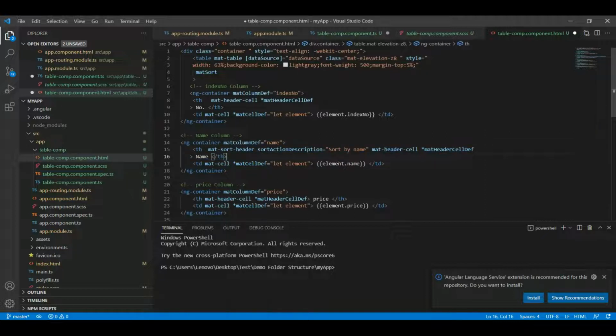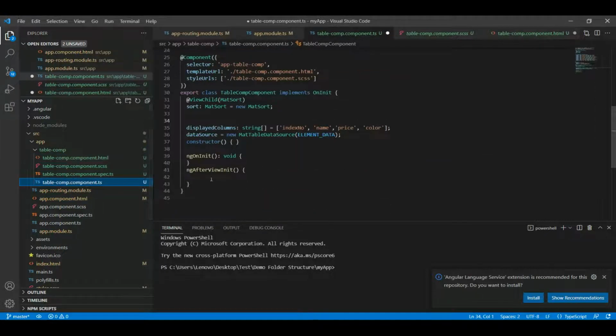And now the next thing is we need to implement the logic inside ngAfterViewInit. As we know, dataSource is an observable, so it is continuously listening to the changes, and the MatTableDataSource contains a sort property as well.